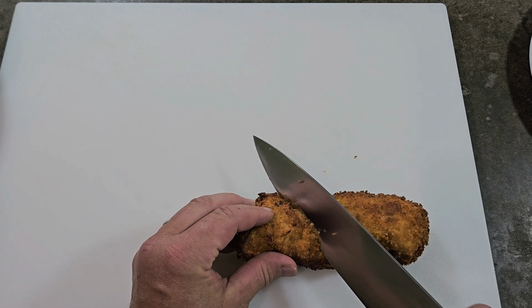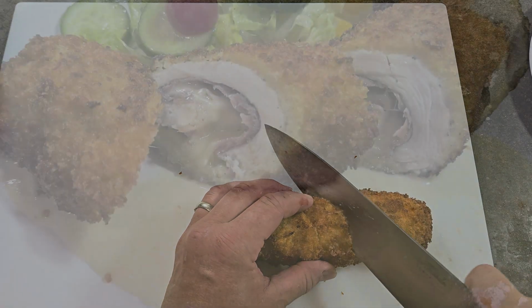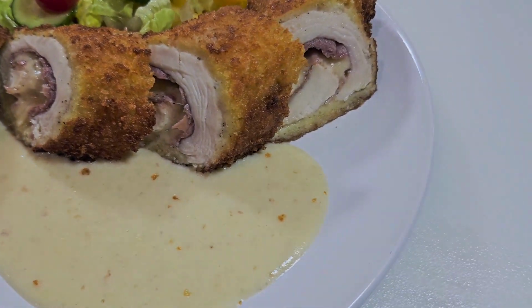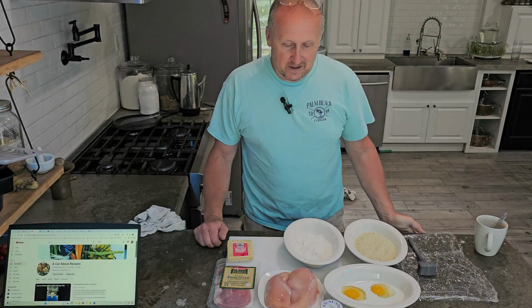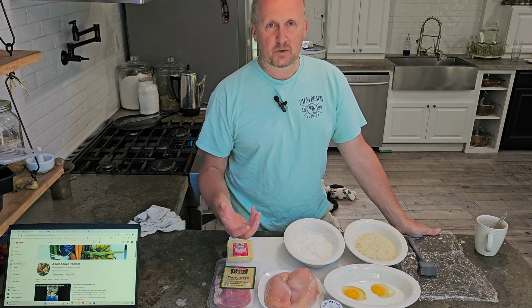Today's episode is going to be Chicken Cordon Bleu. Chicken Cordon Bleu translates into blue ribbon chicken. I don't remember the whole story, but it was created. Yeah, I don't know why. Let's get into it. All right, Chicken Cordon Bleu has chicken stuffed with ham and Swiss cheese, but I want